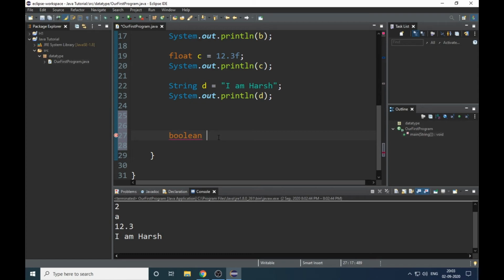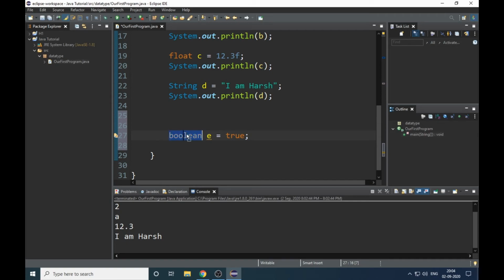Let me show you. Boolean e equals true. It means Boolean has a variable e, or we can say e is a type of Boolean and it has a true value.